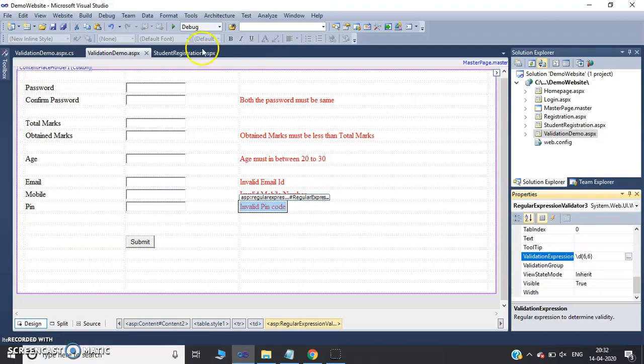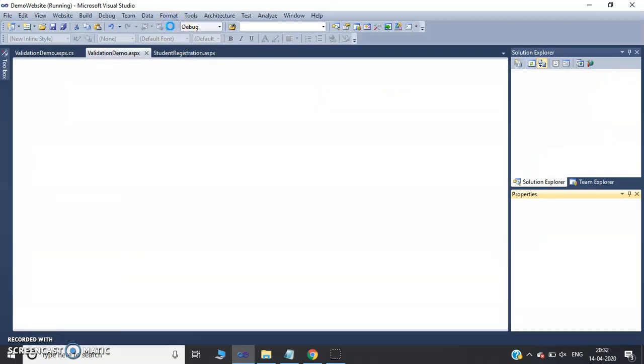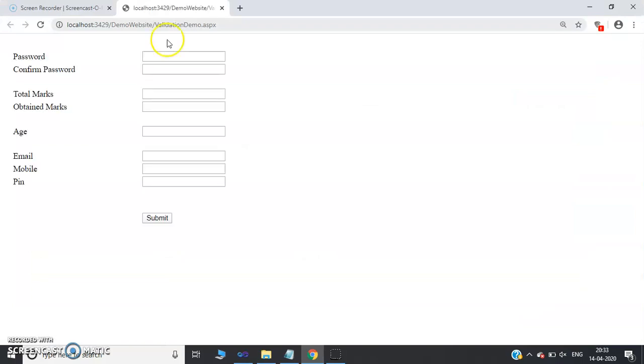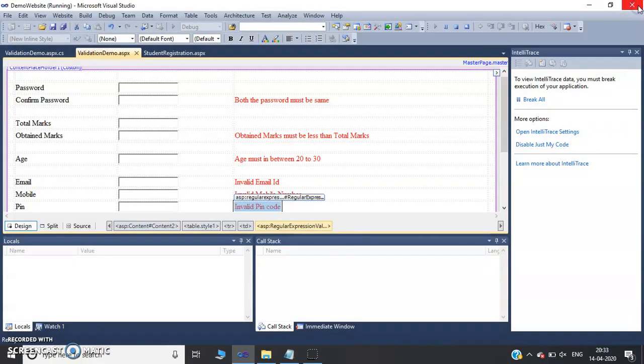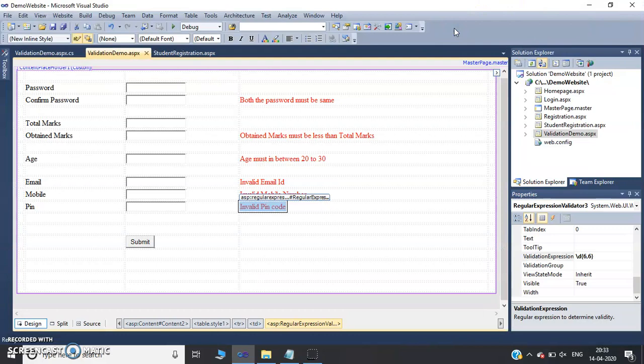Okay, save this program and execute. It will not accept any character other than digits. It will accept digits, but there must be only 6 digits. So this is how we can provide the facility of regular expression to the pin code.